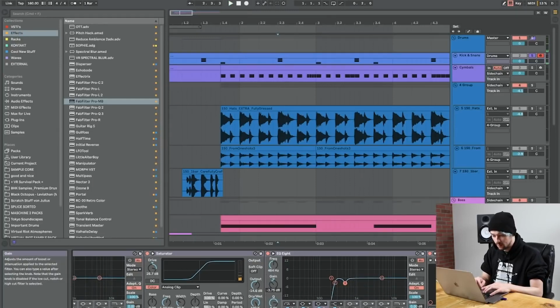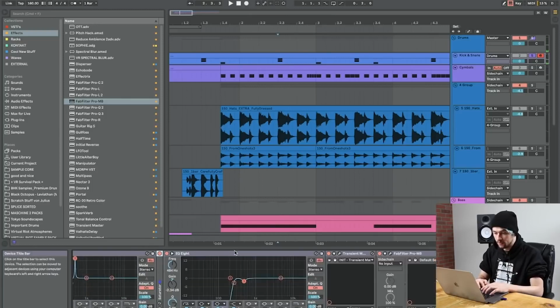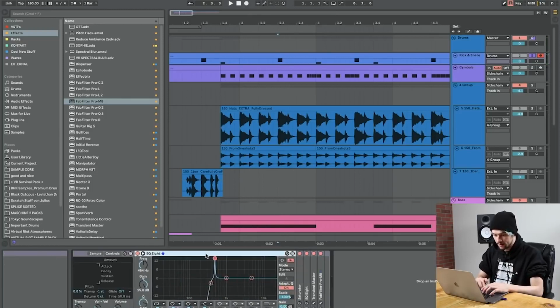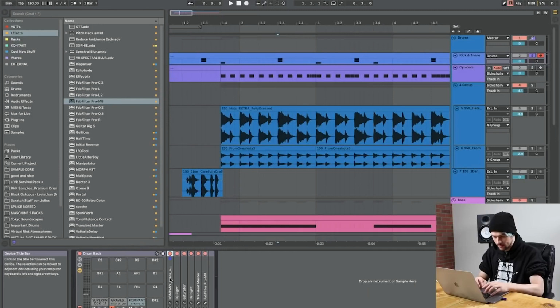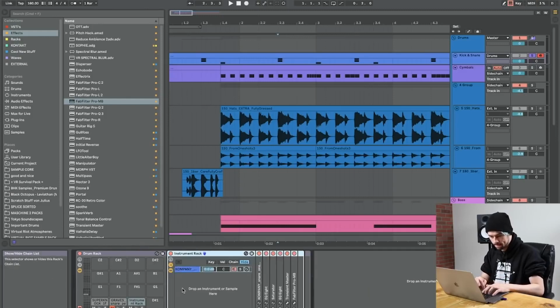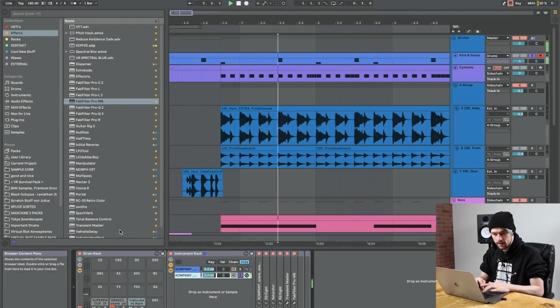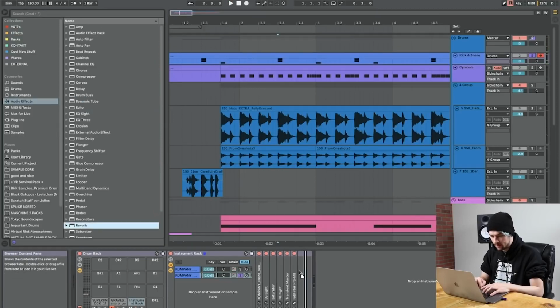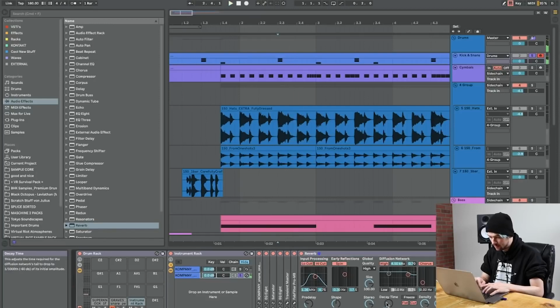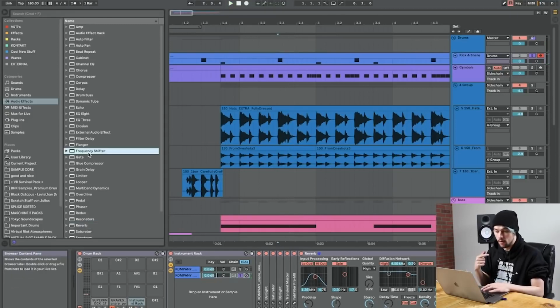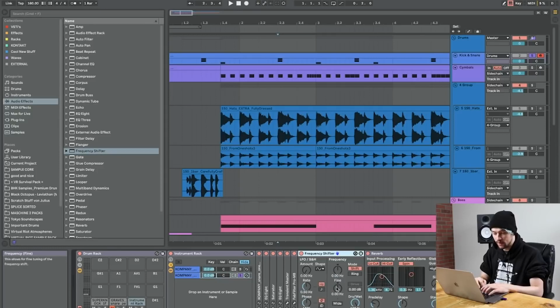But a cool thing you can do, once you have a snare like this, is duplicate the entire group in here, so this is going to play twice. Duplicate the whole shebang with the effects chain, and then run it through 100% reverb, but really short. Now you can either pitch the sample or frequency shift it before it goes into the reverb. So now it's like